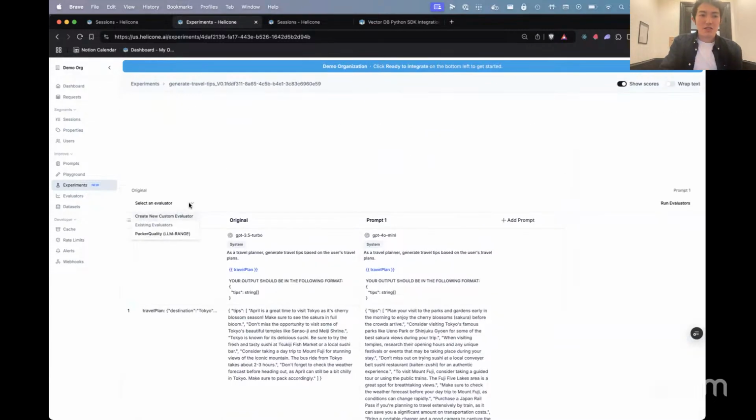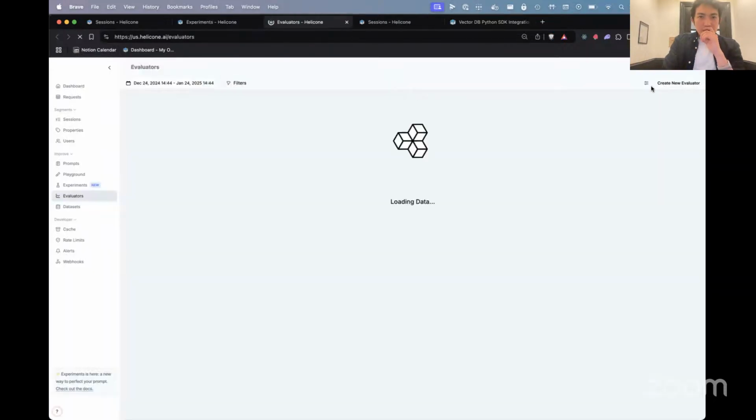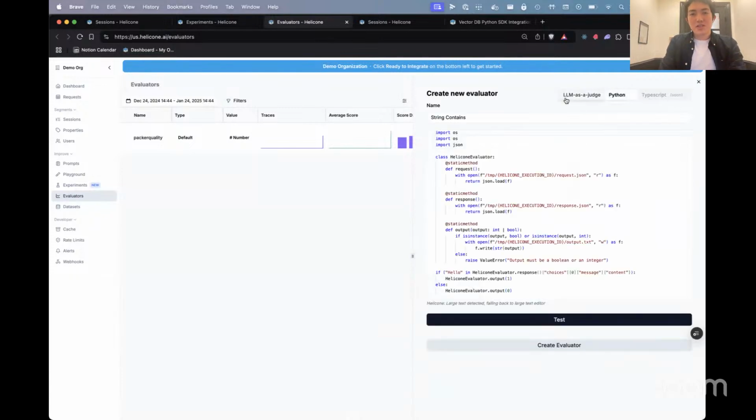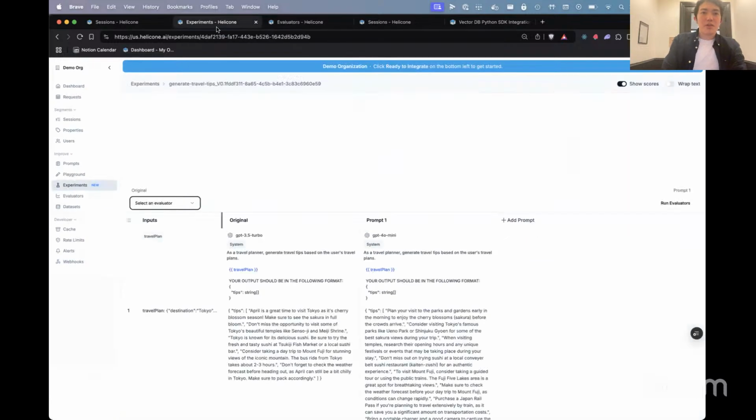We can select an evaluator. I already have one created, but I'm just showing you what it looks like to create an evaluator. You can do an LLM as a judge. You can also do Python, or soon TypeScript, to create these evaluators. We also have webhooks to run these evaluators, but I'm just going to select this evaluator we already have and run it. So if I run this,